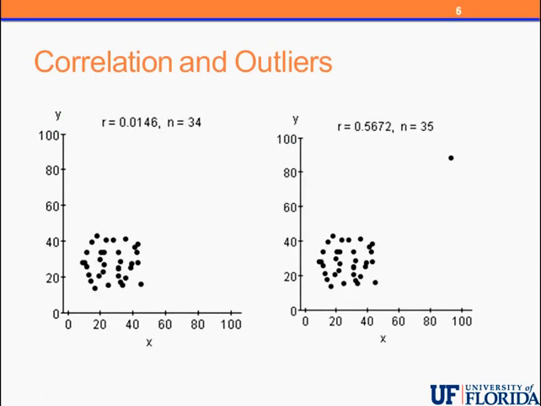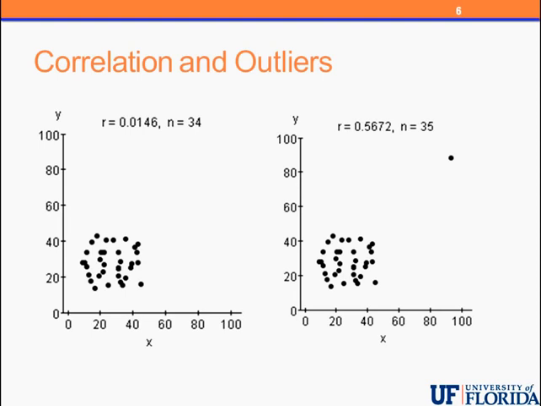On the left, we have a new scatter plot of a random cloud where there's basically no relationship. The correlation is very close to 0. Then I added a point in the far upper right corner. Now the correlation is around 0.57. This is a huge difference, and all due to the one single outlier. In this case, the correlation of 0.57 is entirely fabricated by the outlier and would be a misrepresentation of the